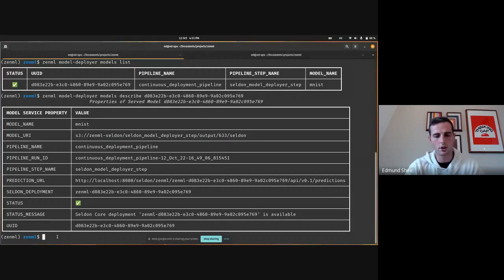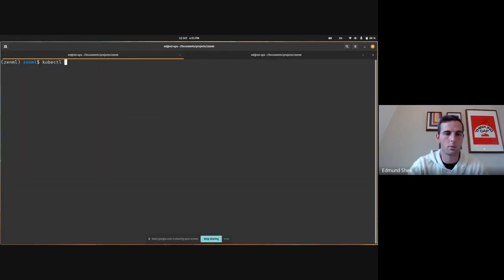Cool. Let me just show you very quickly, for people who are interested and know Kubernetes, kind of what happens underneath for a Seldon deployment. So what you'll see is there's this Seldon deployment object that gets created, and then the Seldon operator works on that Seldon deployment object and creates the actual pods and deployments and replica sets and services and things underneath for you. So if I now go and see what actually does that look like, I can do a get